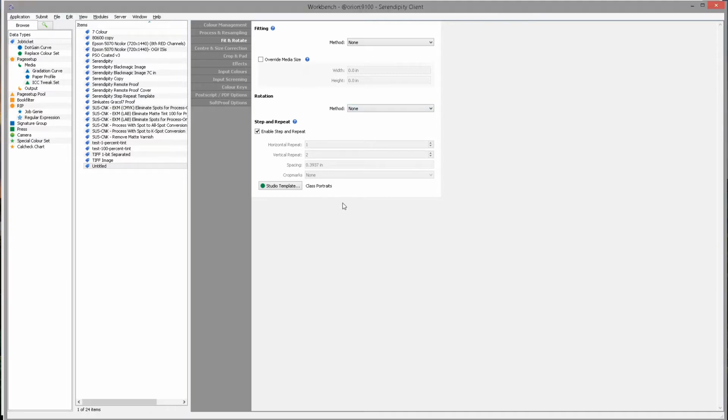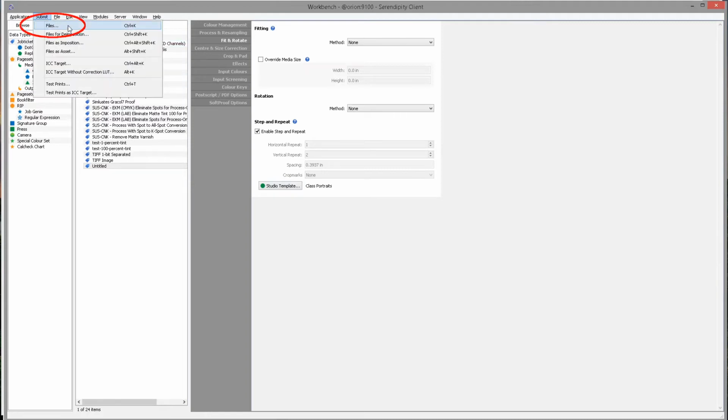What this will do is for every job that is submitted using this particular job ticket, it will always be processed using the attached template. If you no longer want to use a template, you need to remove it and save the job ticket so that nothing is attached anymore. But for now, we want it attached, so leave it as is and go to the Submit menu and Files